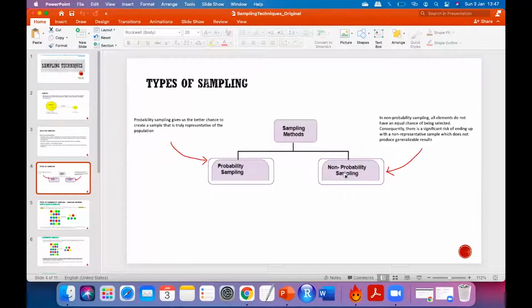It's not clear. So I'm saying that whenever we use probability in any way to select the individuals from a population, that method would be categorized as probability sampling or probabilistic sampling. And if I just do it in a way which is more convenient and doesn't need to involve probability, then all those techniques will be categorized as non-probability sampling. As simple as that. How, we are going to see next. But is this clear till now?